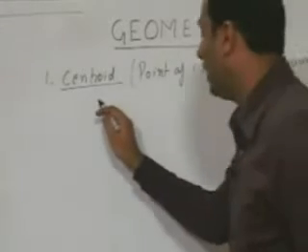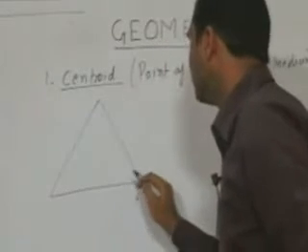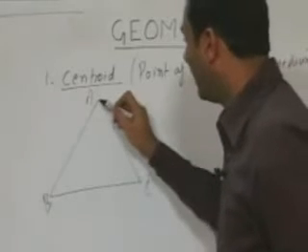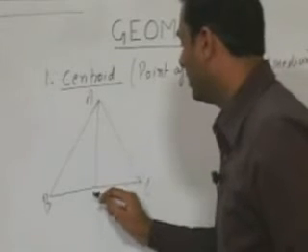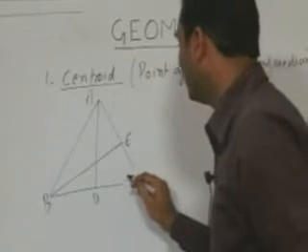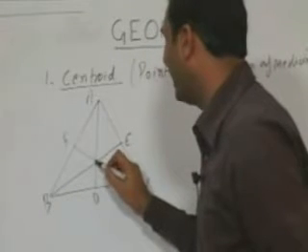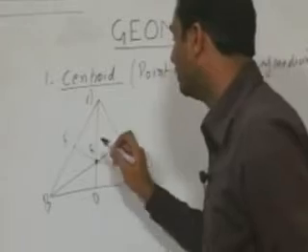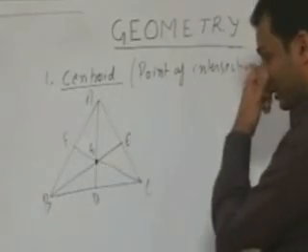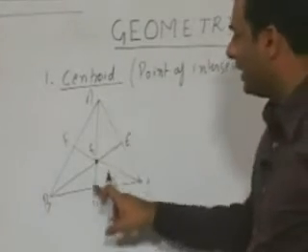Now, for example, if this is a triangle ABC, and if I draw a median, let's say this is D, I draw this median, this is E, and this median, which is F. So this is known as the centroid, and it is generally denoted by the term G. We'll discuss a few of the important points of the centroid: that this centroid always divides the median in the ratio 2:1.